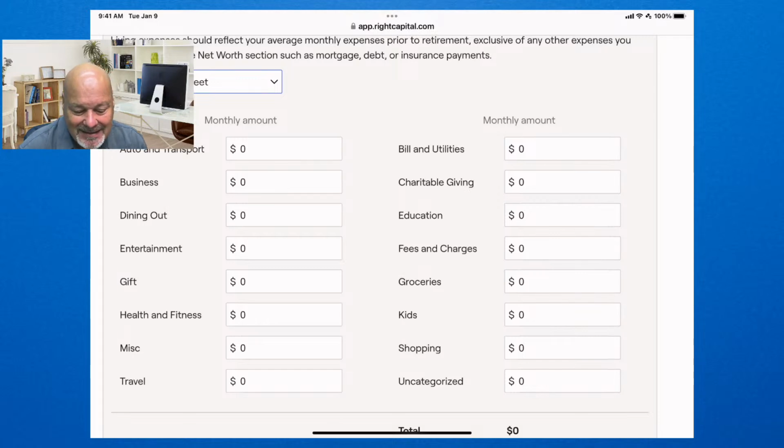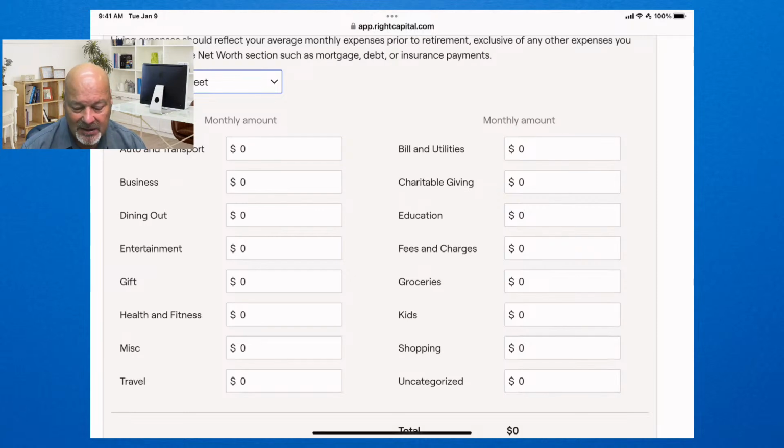I want you to start thinking about your expenses, not in terms of what you're actually spending, because many of you may be living on campus and you don't have normal expenses because you're in college. Some of you are living at home, and so you don't have normal expenses because you're living at home. So I want you to think about your expenses in the context of this course and the work that you do in your financial plan.